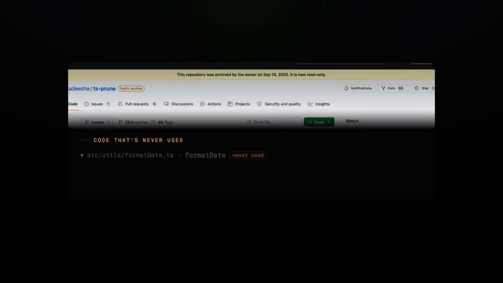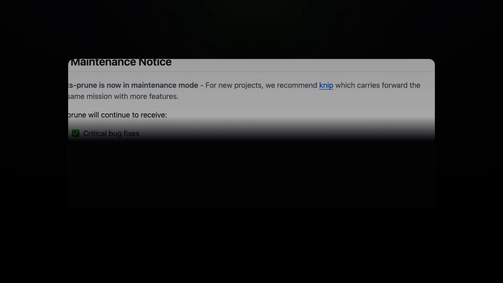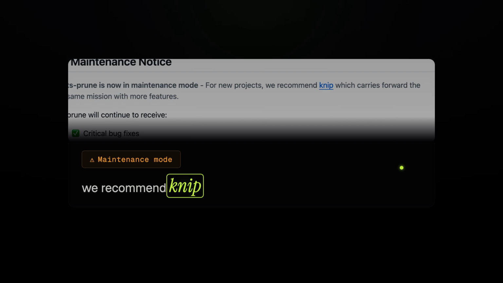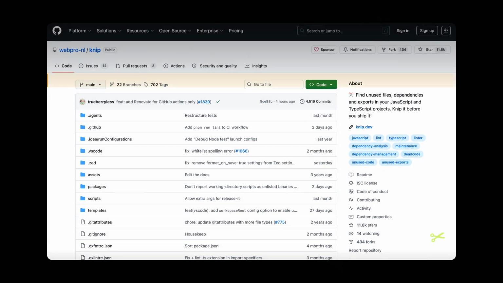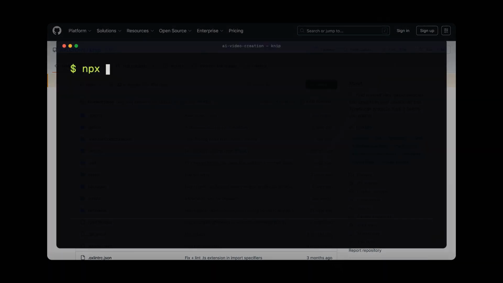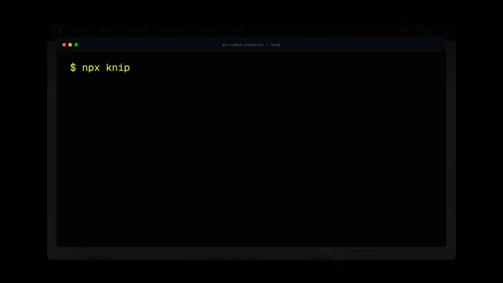Now the sneaky one, code you wrote that nothing uses. A function sitting in a file that you, or the AI, wrote once and then never actually called anywhere. It looks important, it's doing nothing. ts-prune was the tool that hunted this stuff down. But here's the twist. Go to its page today and there's a big notice right at the top. It's basically retired. And it tells you straight up to use a different tool instead. One that does its whole job and a lot more. That tool is knip. And knip is the only name you really need to remember because it does everything the other 4 do, all at once